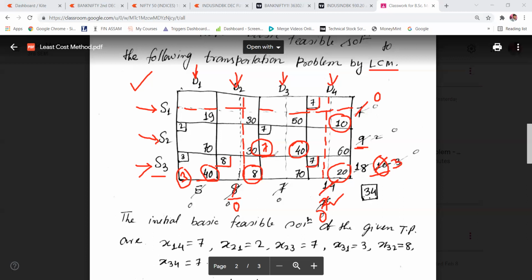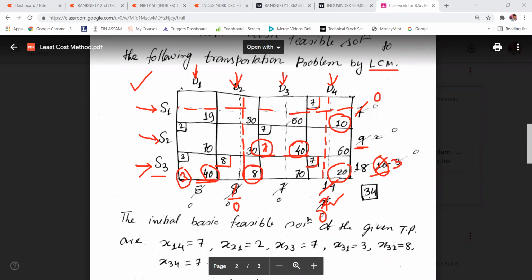So you need to check the allocation in each cell and find which has the maximum. Here we are able to make only 3 units, but in this cell we are able to make 7 units.